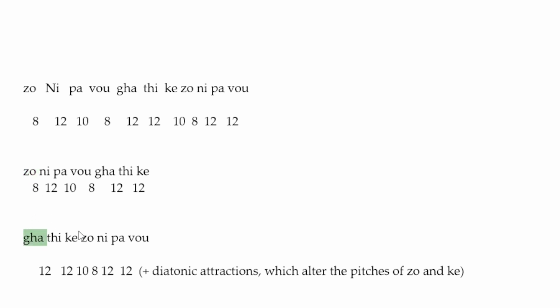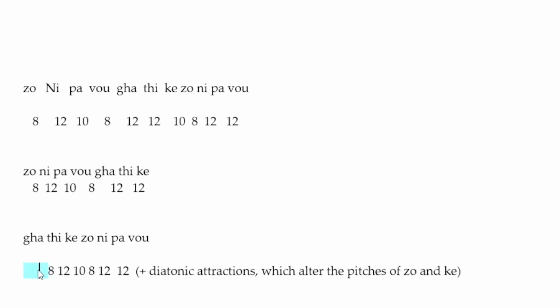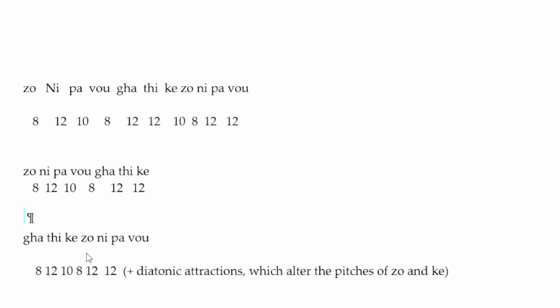meaning that the ra is a completely different pitch than what it should be. So in order to compensate for that, we simply attach these intervals in the place of these intervals, meaning that everything stays the same except for this interval here, which actually then becomes 8. So it really sounds like this instead. Ke zo ni pa vu pa ni zo